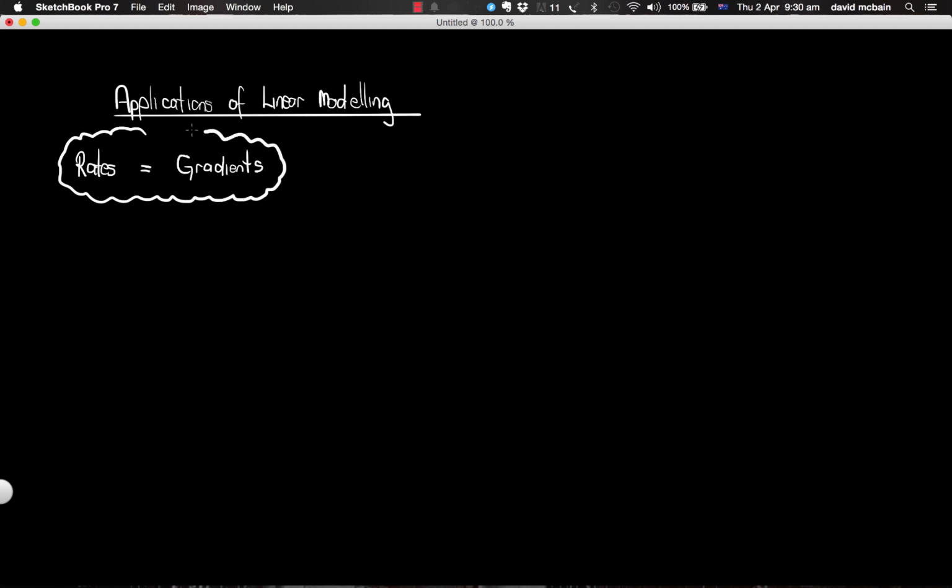Now, often in a linear modelling question, there might be some information about a speed. Something might be travelling at a certain speed, or someone might be charging so much money per hour of work. Each of these is called a rate. So, for example, speed is measured in kilometres per hour. That would be one way of measuring speed. You could also measure speed in metres per second if you wanted. We can measure a pay rate